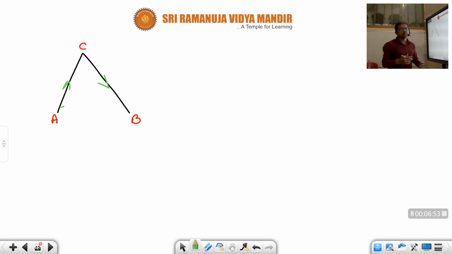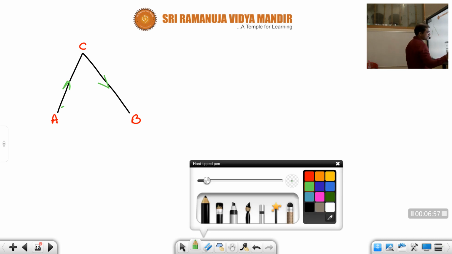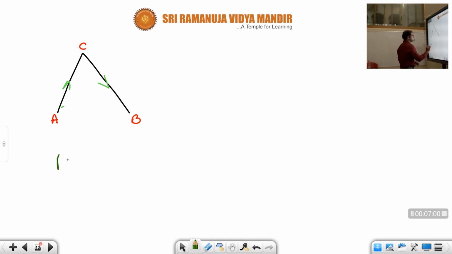Here, if the question is what is the path traced by the particle, what will you write, children? It is moving from A to C. Next, C to B. Children, you should not maintain any alphabetical order. Suppose the question is given to you like this, what do you have to do? You need to identify the positions in consecutive order. You need to check the direction.